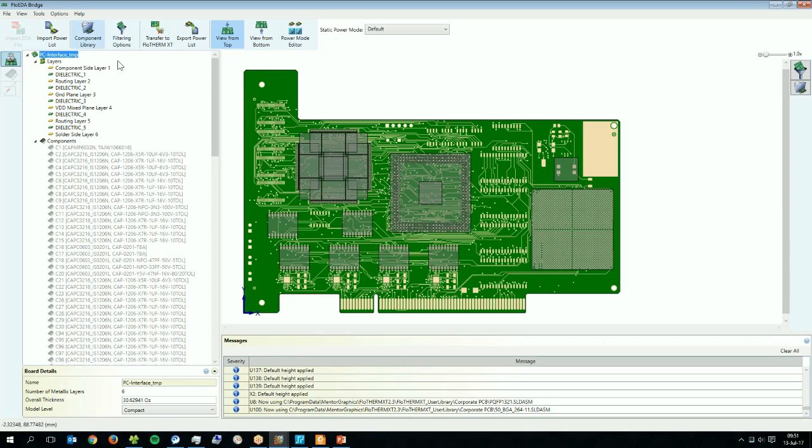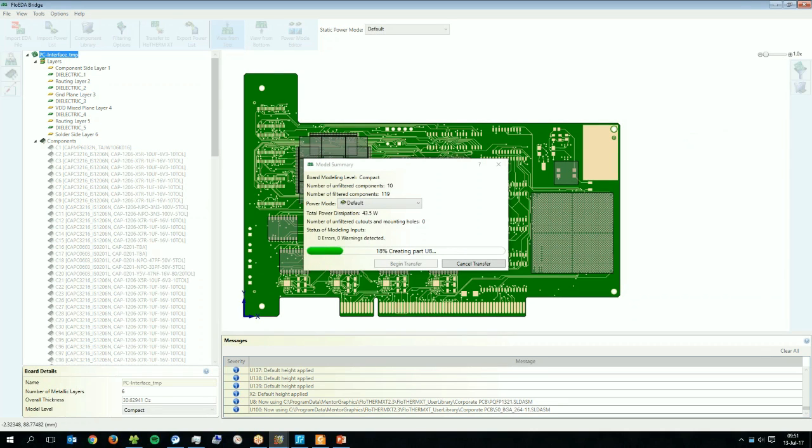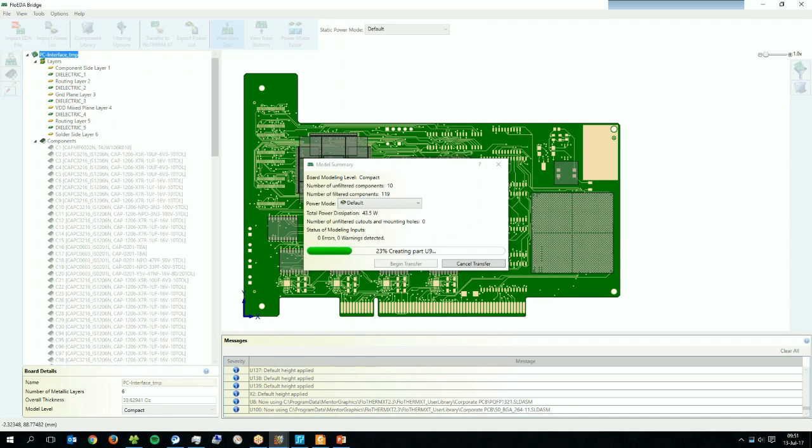And at this stage, I'm ready to actually push this over into FloTherm XT. So let's do that now. What it's going to build for me, going from the PADS file, which is effectively a 2D file format, is a 3D mechanical assembly with all of that detailed information that I just defined earlier. So it's going to have the board information with all the copper stack up in there, and